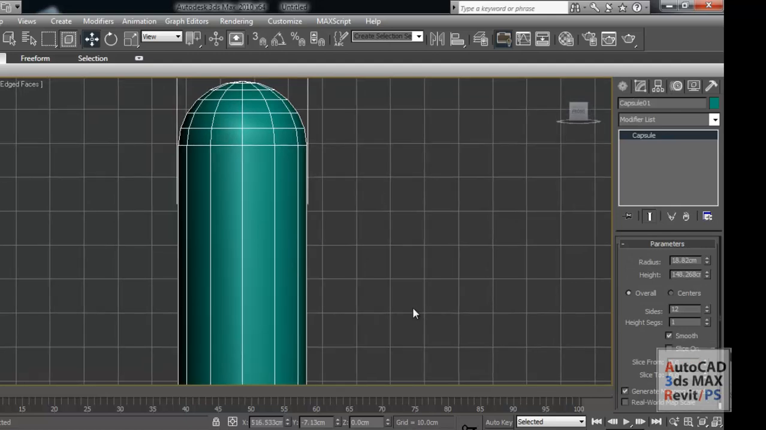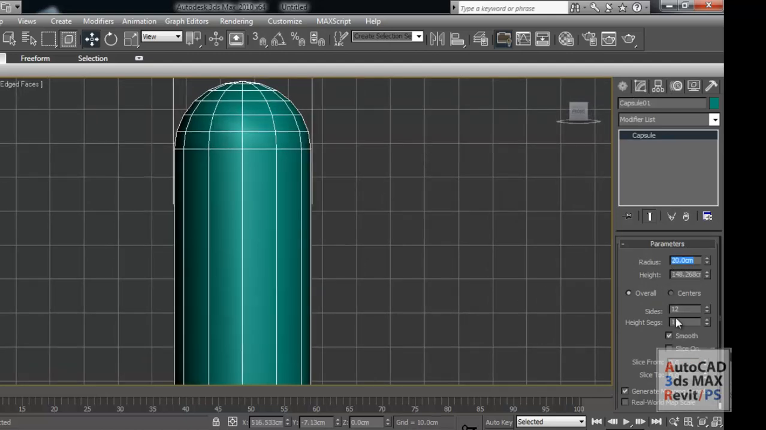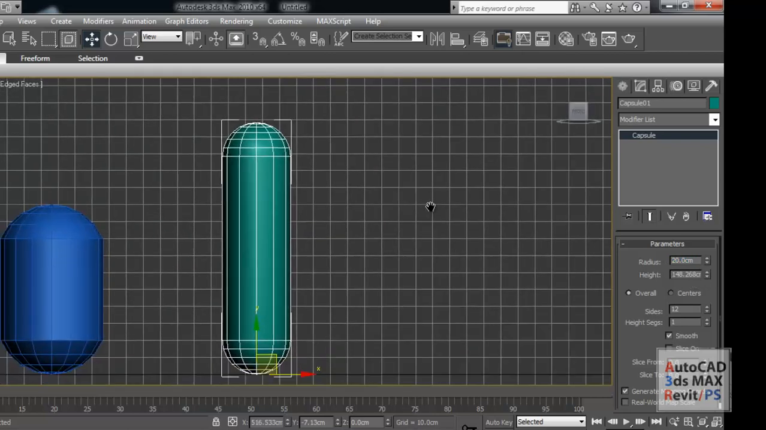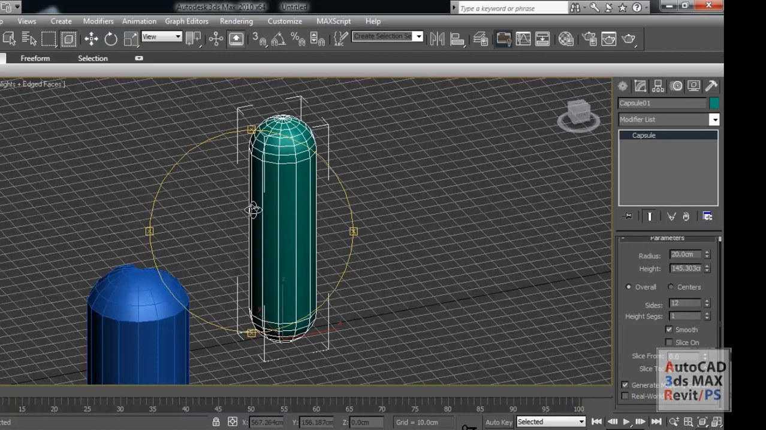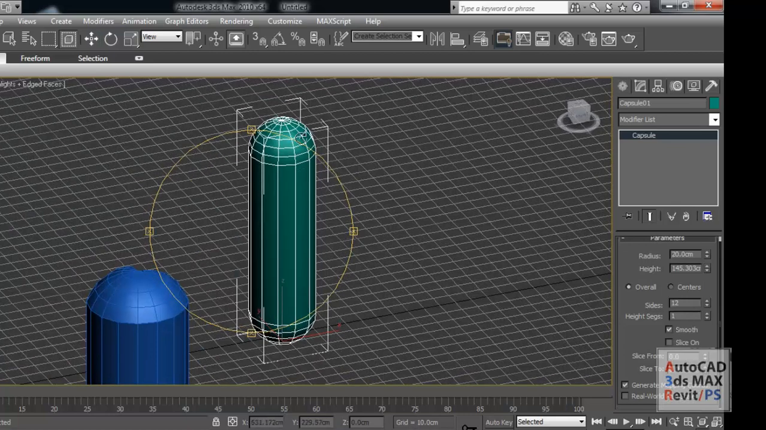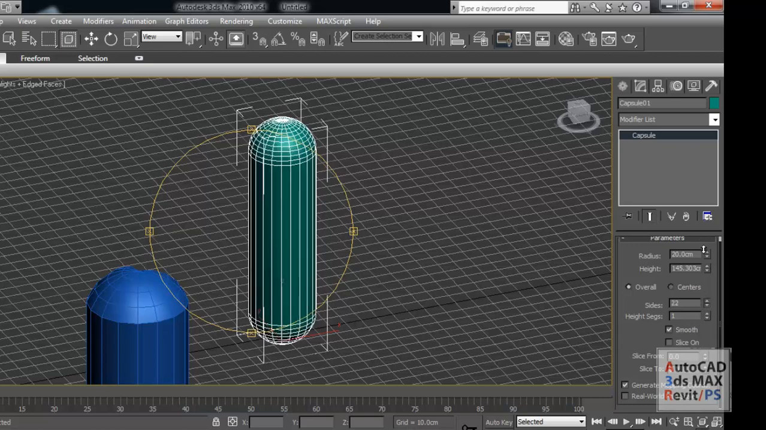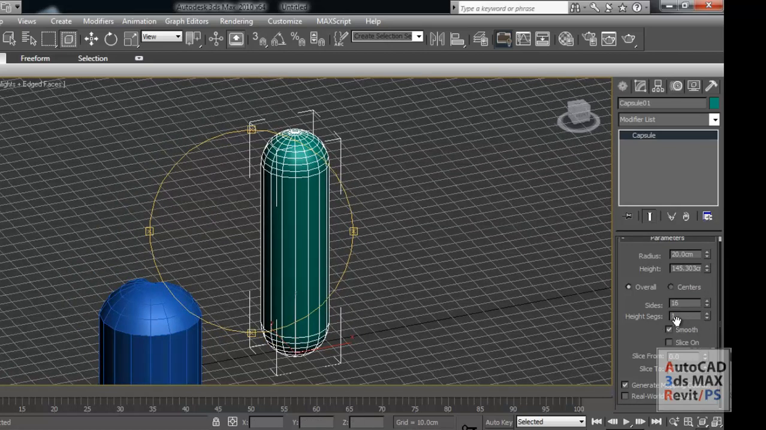So I'll go to the modify panel. I can give the radius, let us say 20. Also height, if you want to increase it, you can increase it or you can decrease it. Now in case if you want to make it more smooth, you can increase its sides, it will be more smooth. It's got a height segment also, but it is not valid right now because